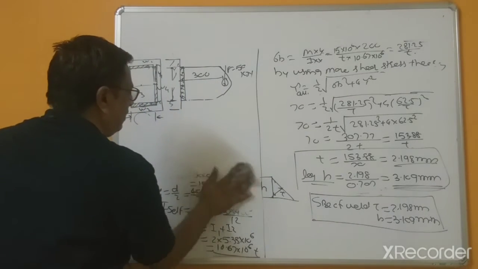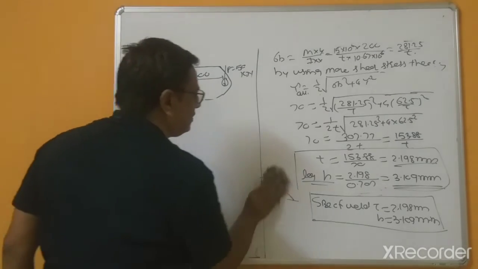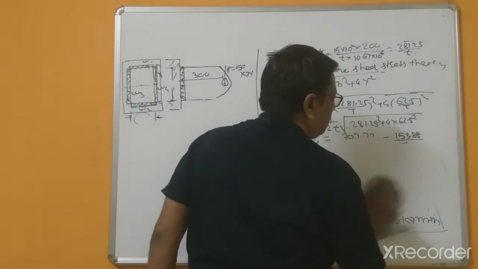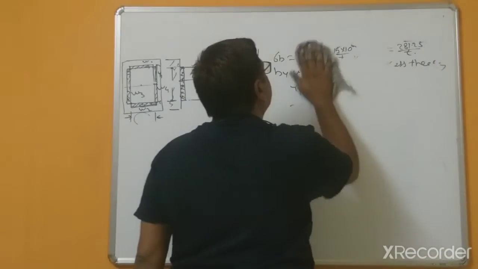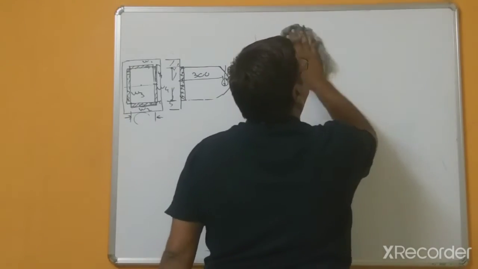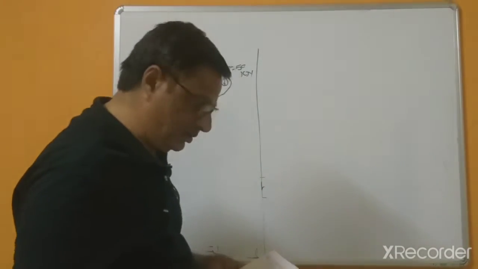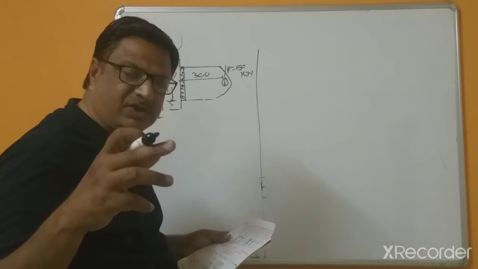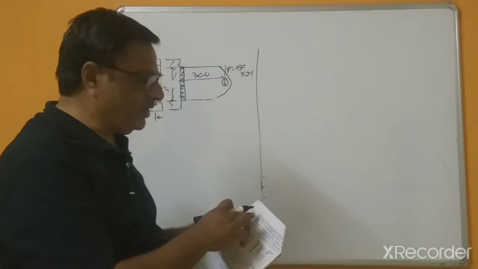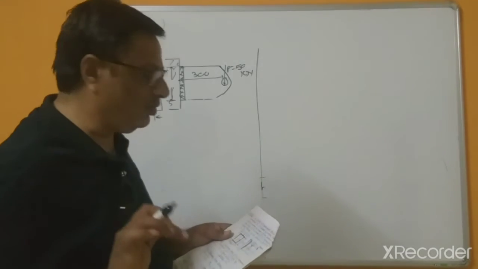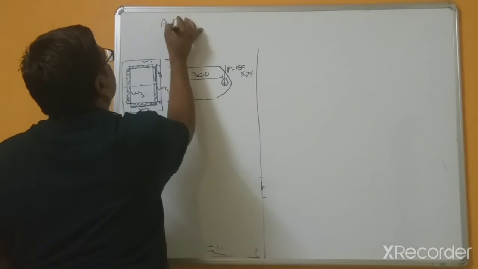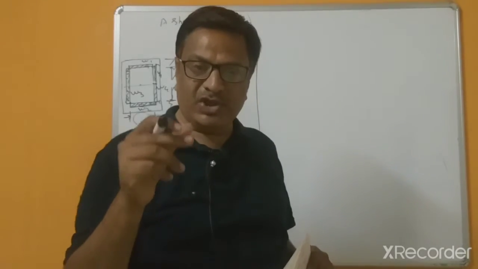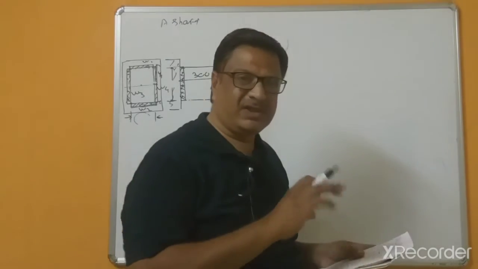In the simple way I explained this second problem. Now in the simple way again I will solve this third problem. A shaft may be circular, hollow, or rectangular. Here in the problem a shaft of rectangular cross section is given. Actually this is an axle, because a shaft is rotating, and if it is stationary, that is called an axle, or this is a beam.